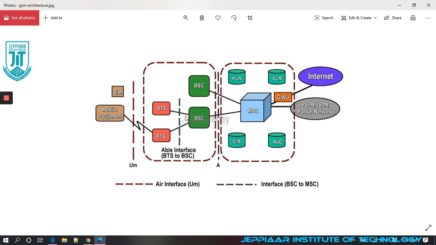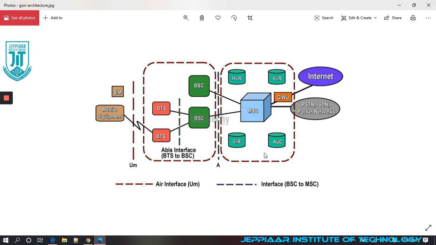Each one will be connected to this, separated by means of the air interface. It is not that there is only one base station controller controlling all the transceiver stations. It is going to have multiple base station controllers, which in turn are connected with the main mobile station controller. So this mobile station controller is going to get connected with the base station controllers, and it is going to hold multiple things.